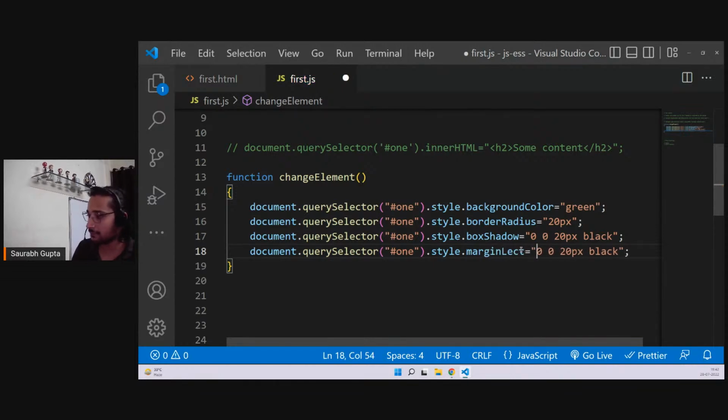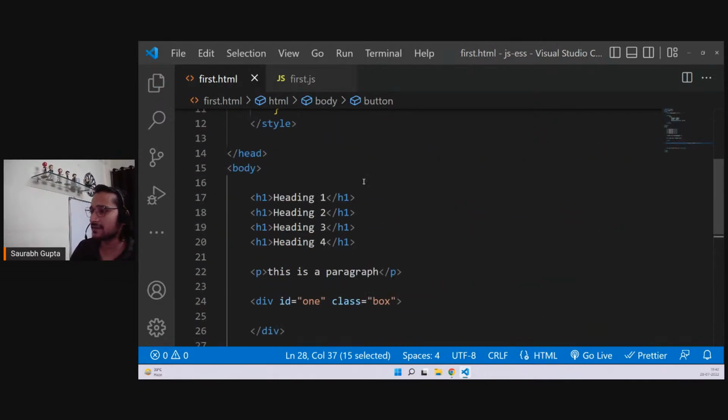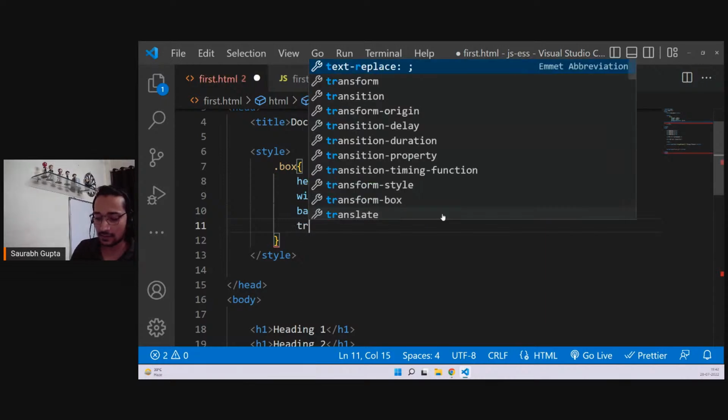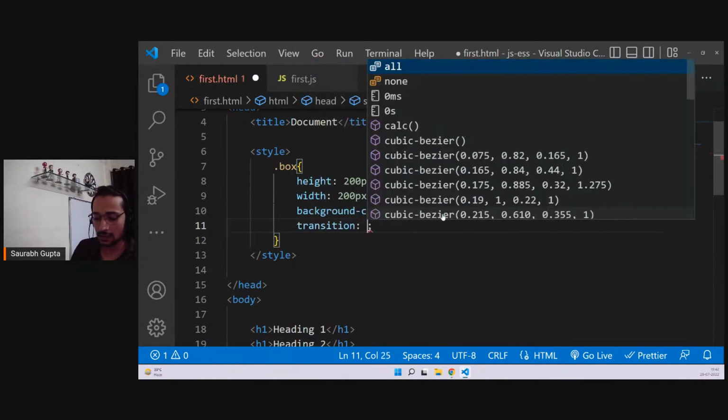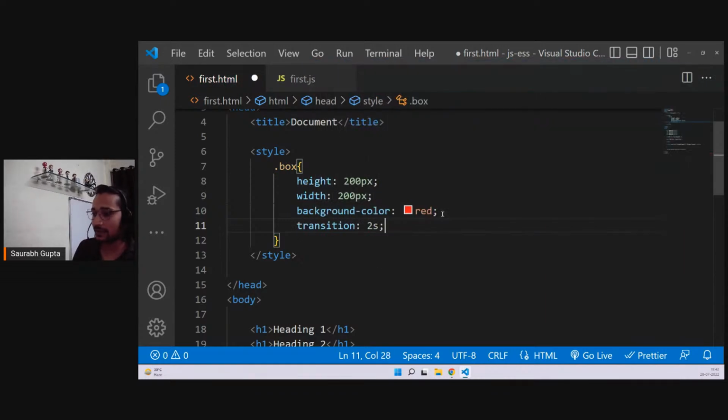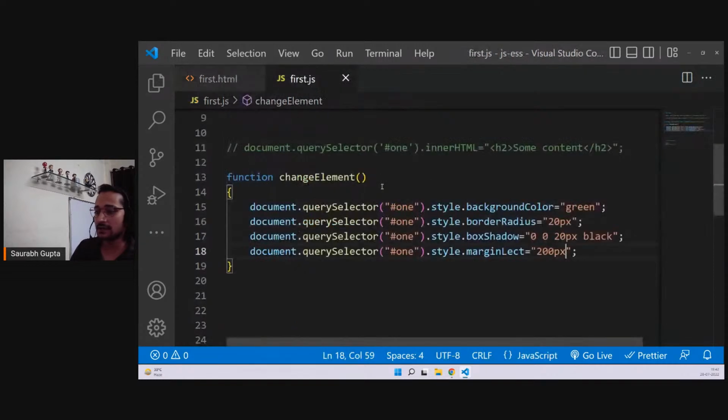Margin left, 200 pixel. And to apply some animations, let me just give it a transition in CSS. Transition 2 seconds. That means whatever happens, make it happen in 2 seconds. Now see,